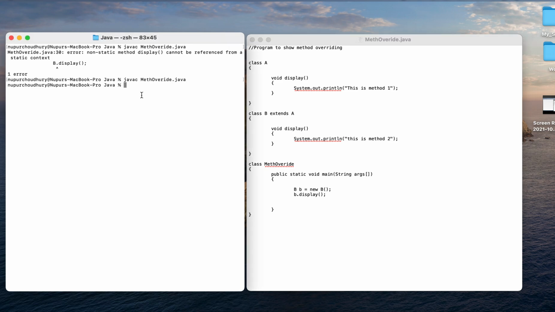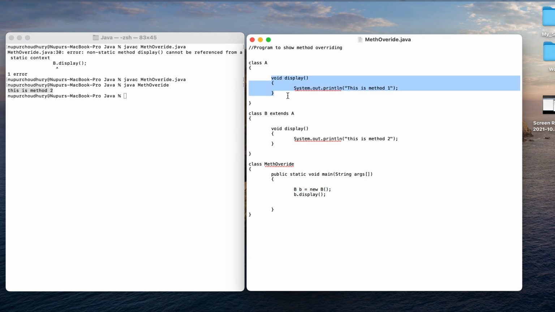When I'm compiling here I can see that I have no errors, and let me simply execute this, java MethOverride. Now see, the output I am getting is that this is method 2. That means whenever I am creating an object of the child class which is extending the parent class A, I am not able to access the method which is present in the parent class, because I have created this object of the child class.